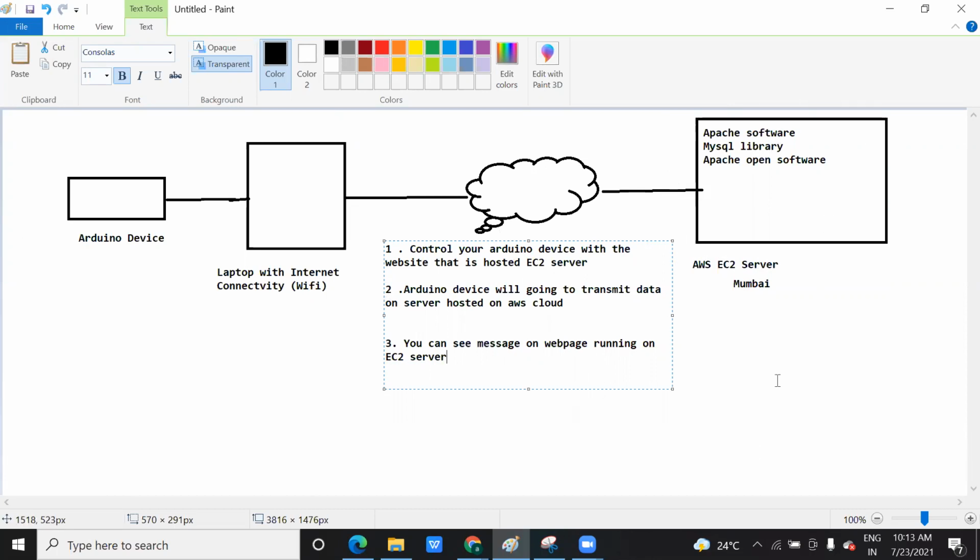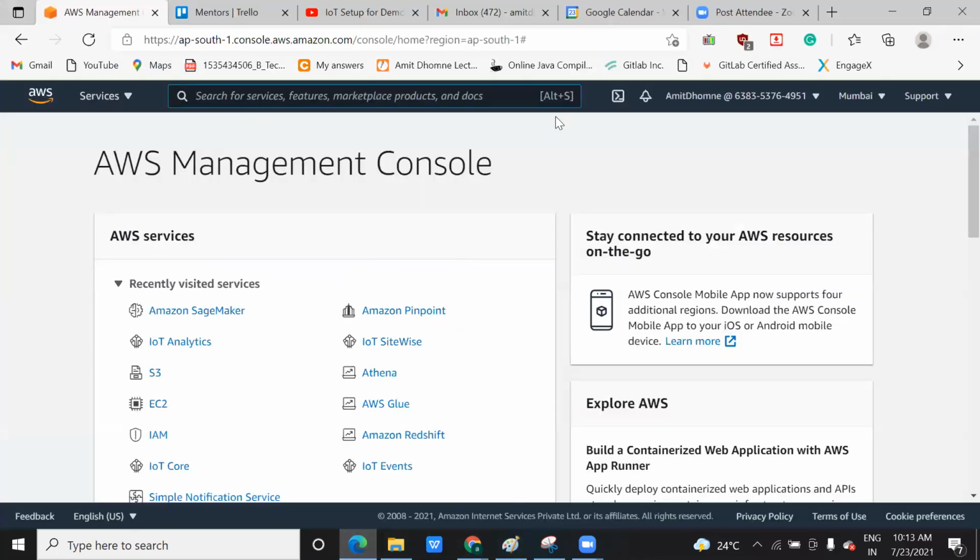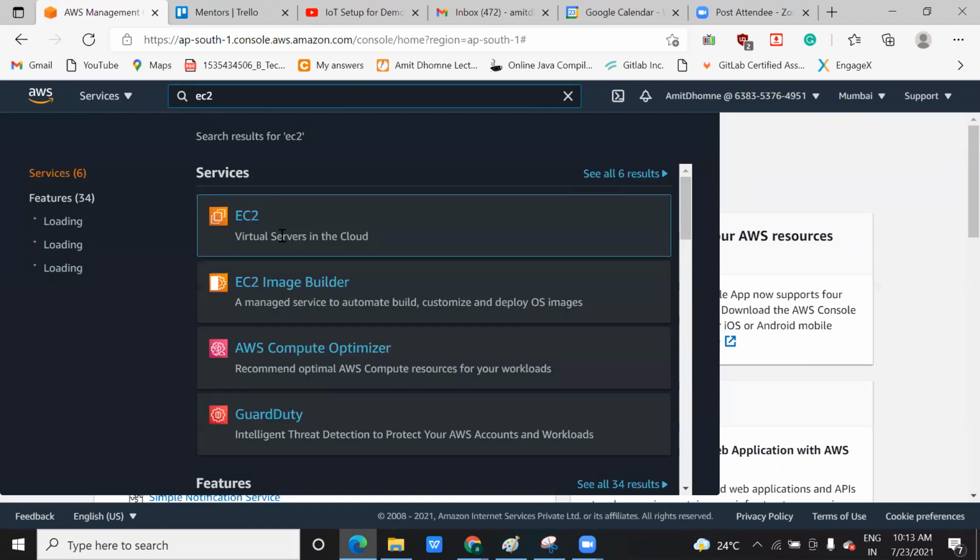So let's start creating this EC2 instance. For that, you need to go to the AWS interface, and before that, as I said, you select the region. I am selecting Mumbai here, so first select the Mumbai region. You already know how to get to EC2. As I have already worked here, it suggests recently visited services of the AWS cloud. But when you do it, you can also search for EC2 and click on it.